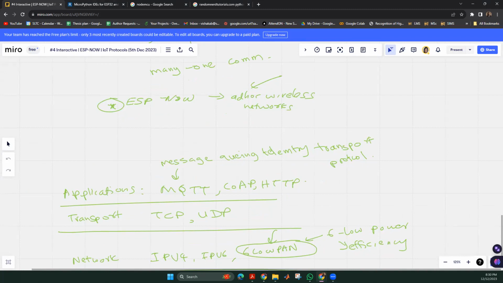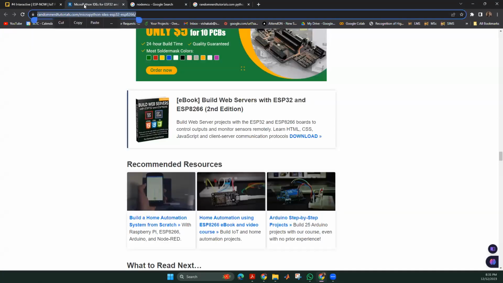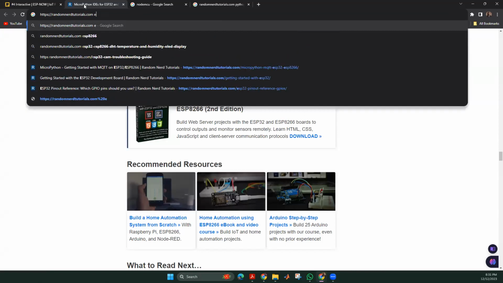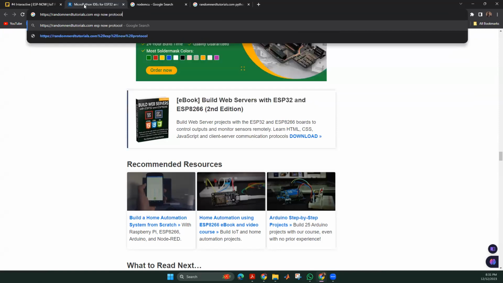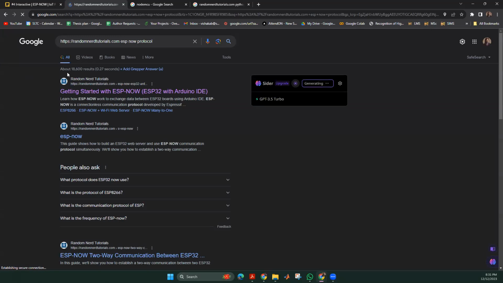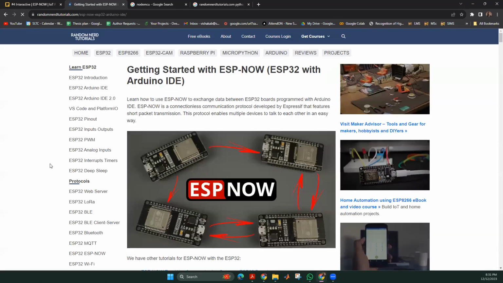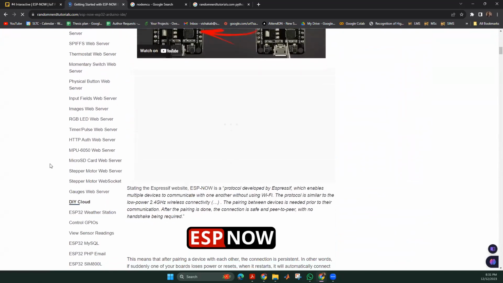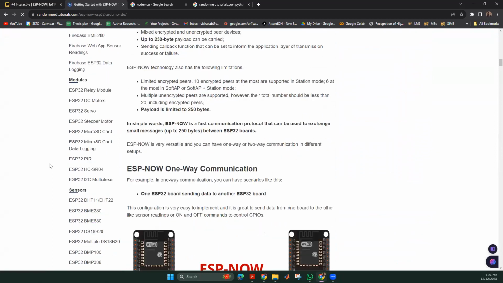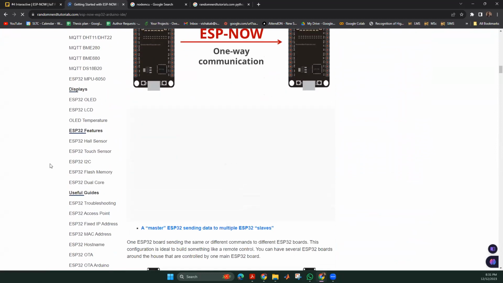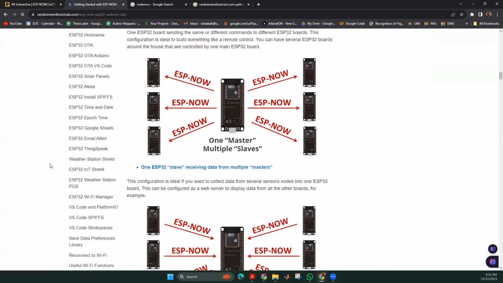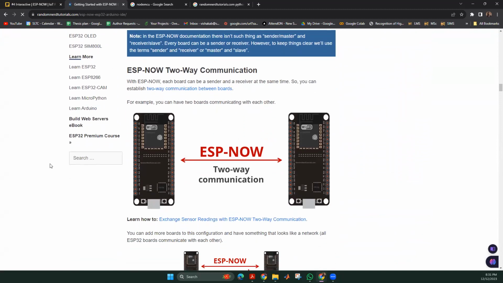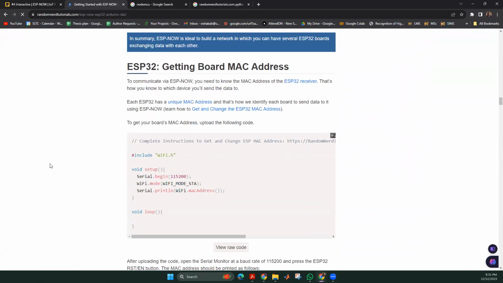When you go to this website, you can see random. This website is called Random Nerd Tutorials. You can go and search for ESP-NOW protocol, and you can get information regarding that protocol. So this website is useful in that sense because it shows you the real world implementation of the protocol. So you can go through this web page. I have given this link to this web page in the LMS as well. If you want, you can go through that and you can understand how this can be implemented in a real scenario, right?